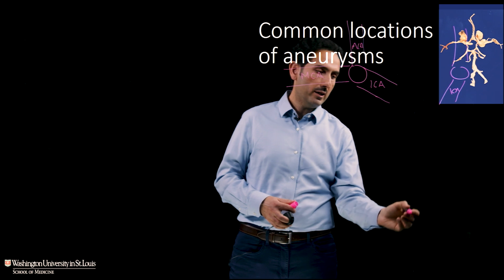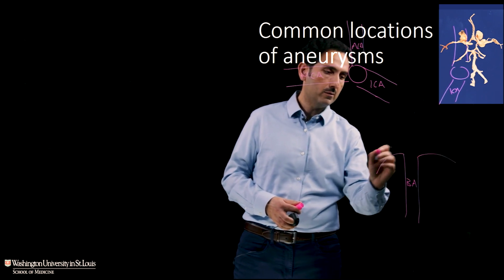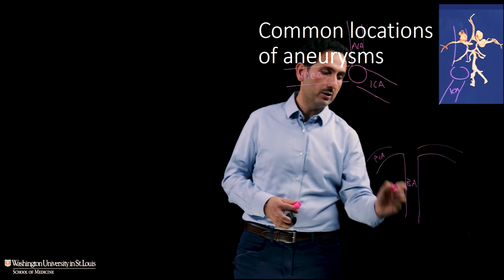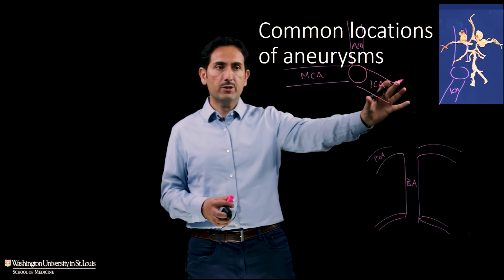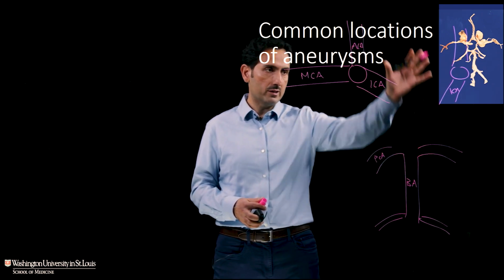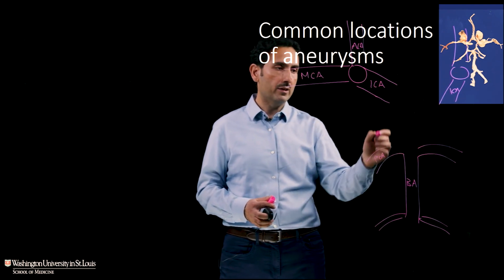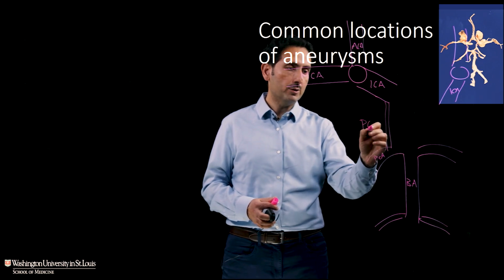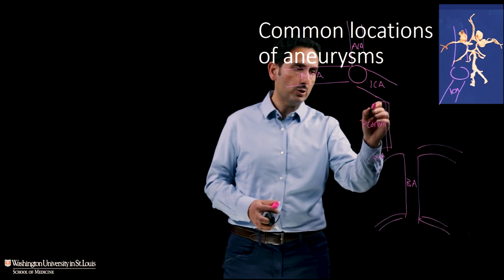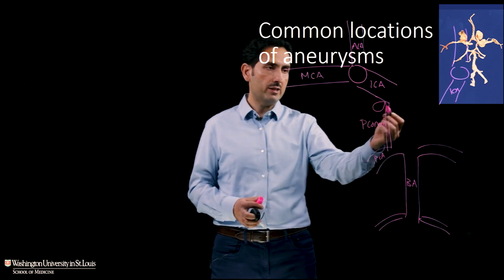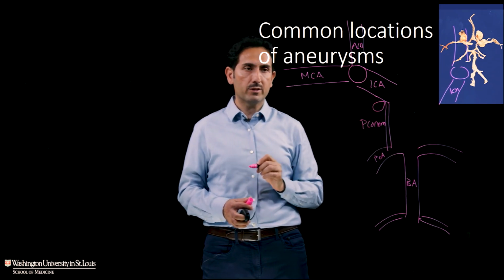And then also here, in the back of the brain, there's the basilar artery, which then divides off into the posterior cerebral arteries. And there's also some cerebellar arteries here, which I'll come to. But there's a very important artery that links the anterior circulation to the posterior circulation. This is the anterior, the ICA, and the posterior is from the basilar, which supplies the cerebellum and the back of the brain. And that's what I mentioned before, the posterior communicating artery. And that's where those aneurysms that cause third nerve palsy occur, at the branching point of the ICA, which is going up into the MCA here. Just before it reaches there, it comes off this blood vessel, and that's where the PCOM aneurysm occurs.